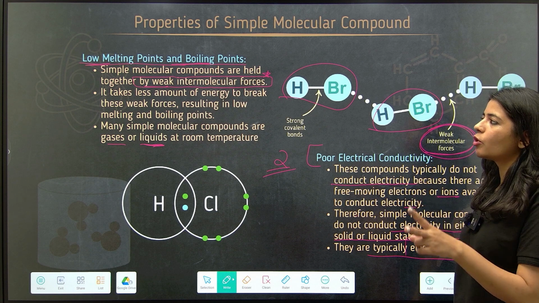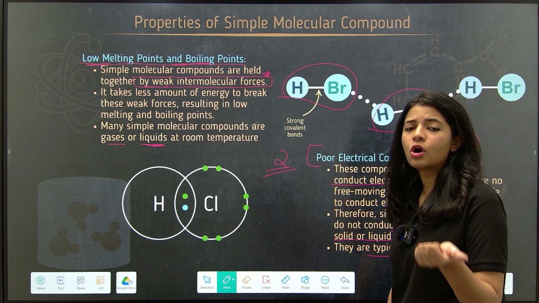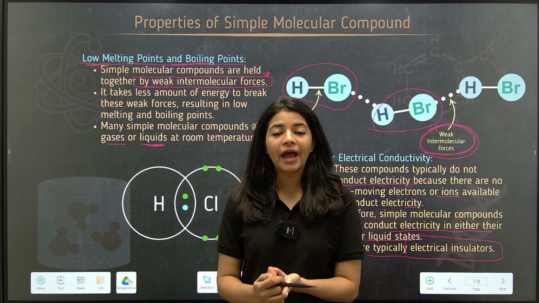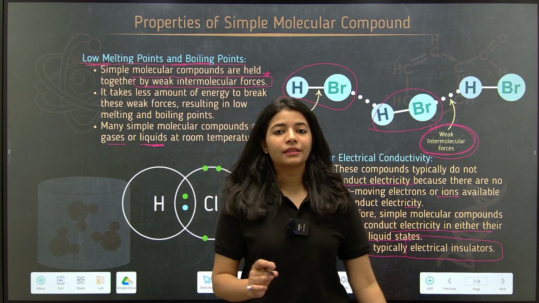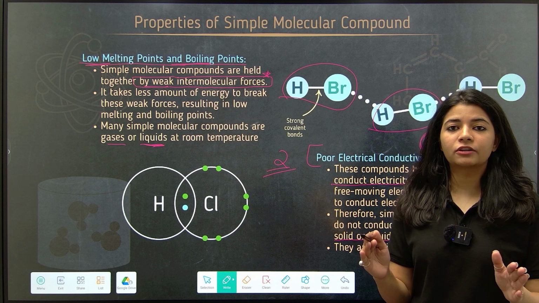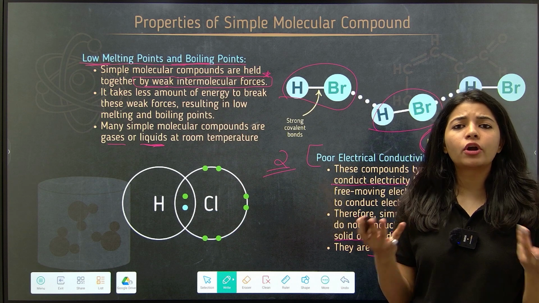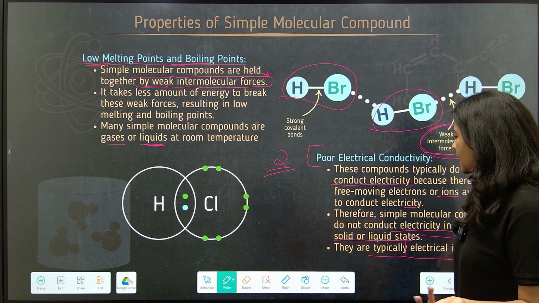So these are the two important properties of covalent compounds which you should know: they have low melting and boiling points, because they have weak intermolecular forces between them. Then they do not show electrical conductivity, because they do not have free moving ions, right? Next